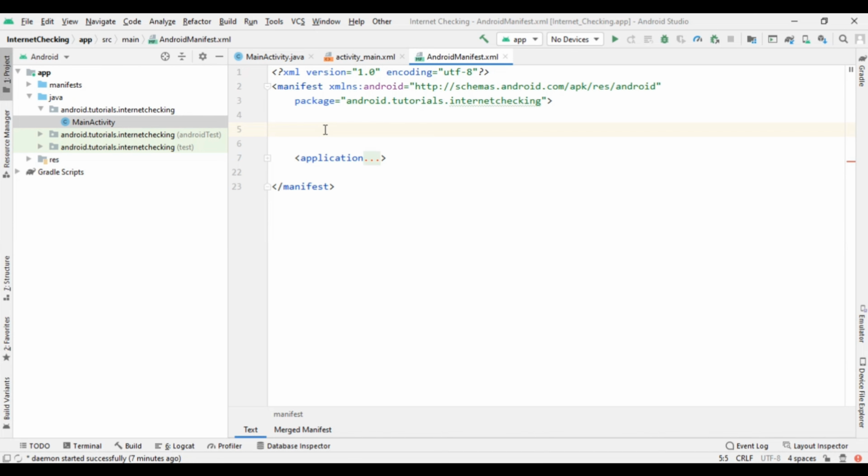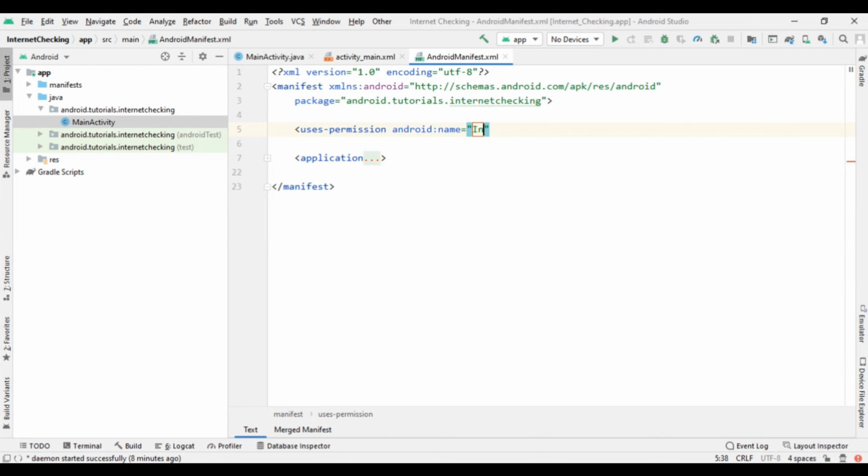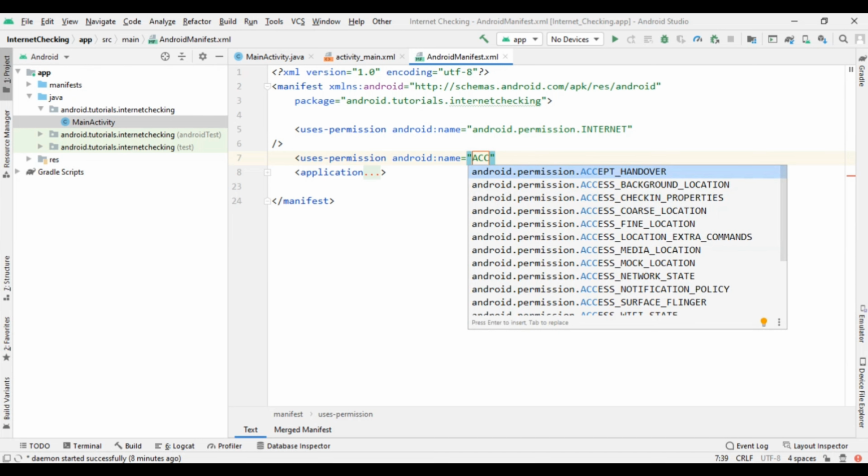So first of all, we are going to use the permission of the internet. So we are writing uses permission internet, and then we have to close that and add uses permission access network state. By this we are going to check the connectivity of the